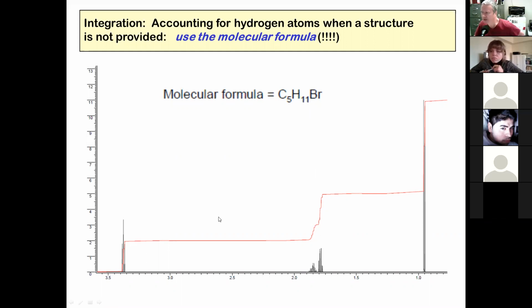So if I consider how many peaks there are, well, there's the left one. Is that downfield or upfield? It's downfield, right? And then it looks like I have a little mini peak and then a larger peak and then this really big one. How can I come up with 11 protons? That's the question. How can I come up with 11 protons? All right, how can I do it? Well,